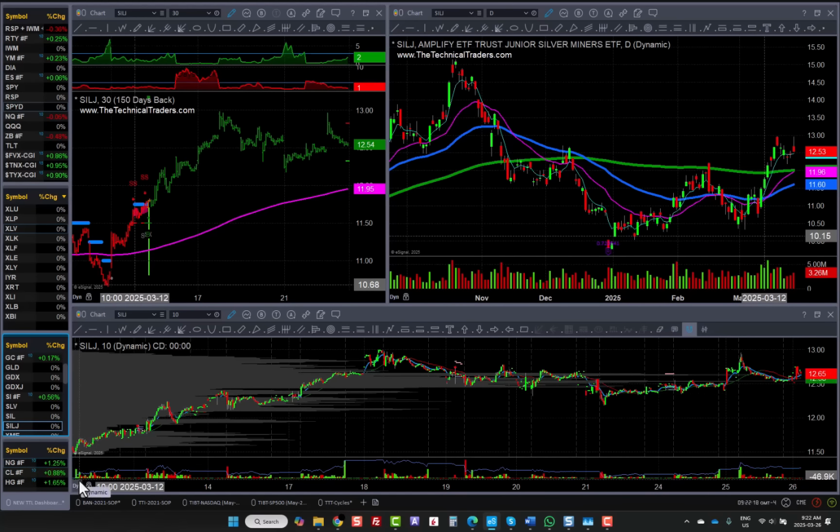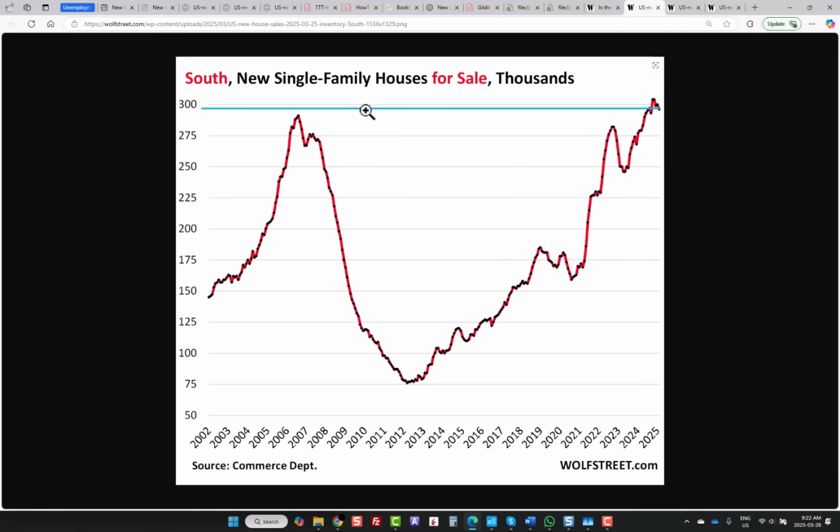Jumping forward to, let's take a look at real estate real quick. If we take a look at real estate, some interesting charts. So in the South, especially like Florida area, we have hit record highs since 2000, record highs from the last bubble of how many homes, single family homes, are for sale. There is a flood of homes. Everyone was building, and subdivisions. All that stuff is available, and now we're above the 2006 market top in that market,